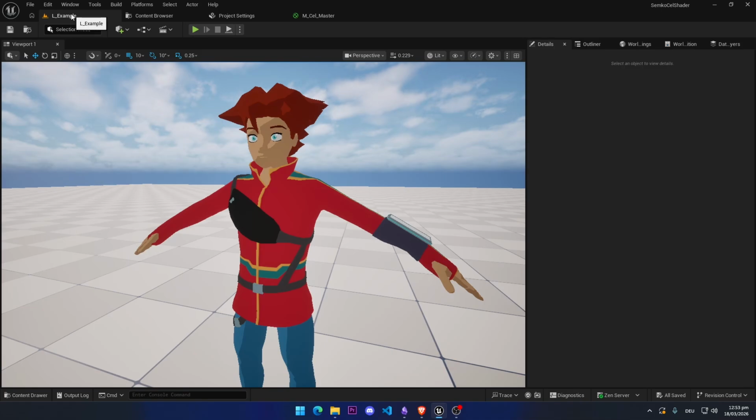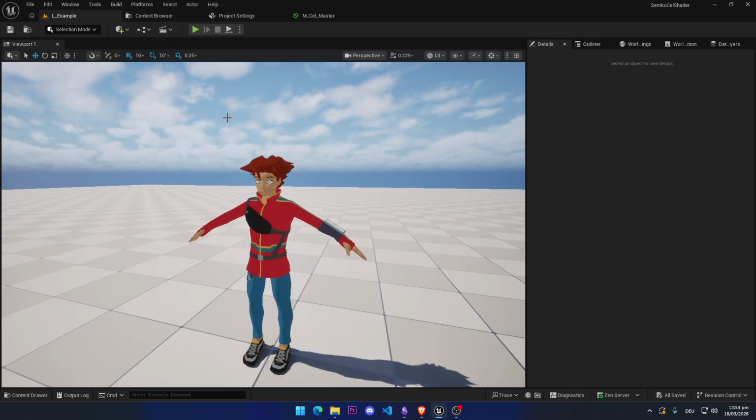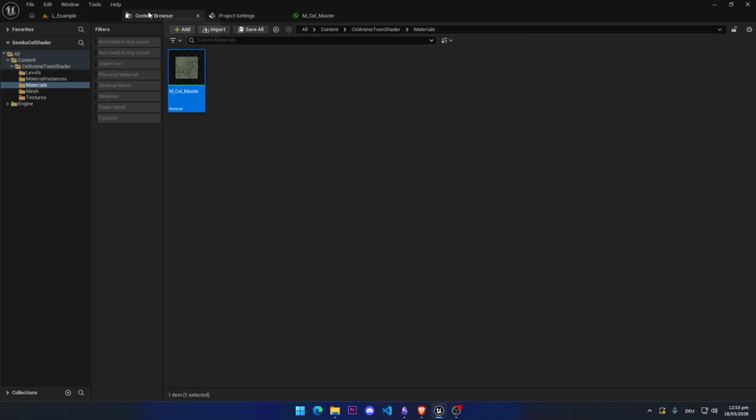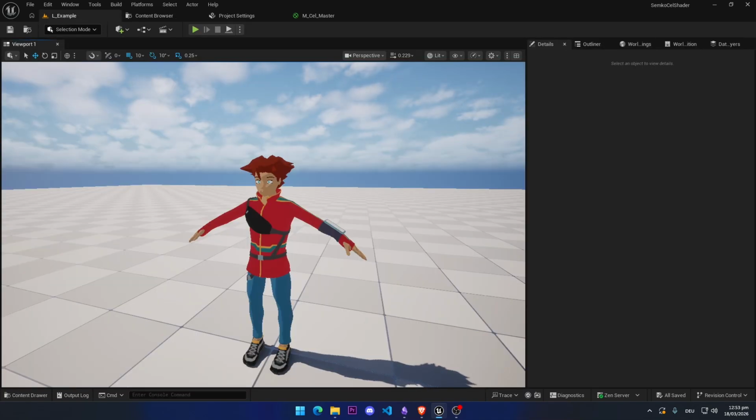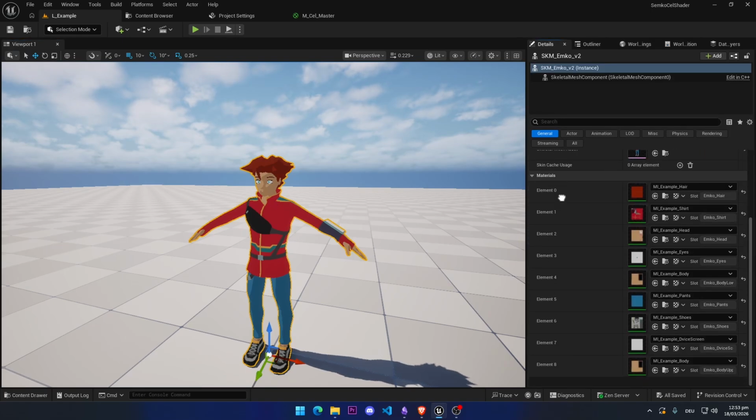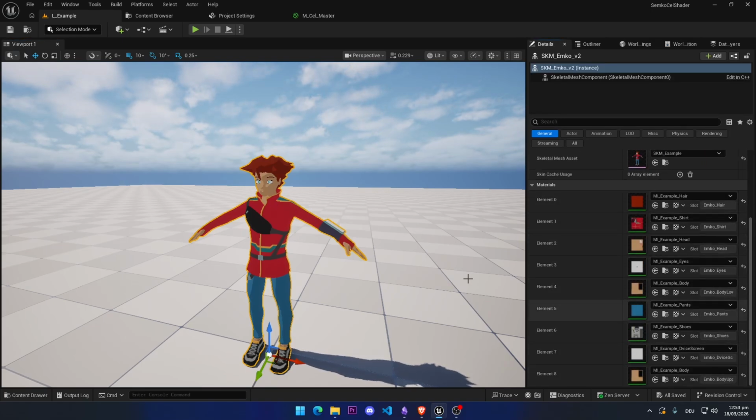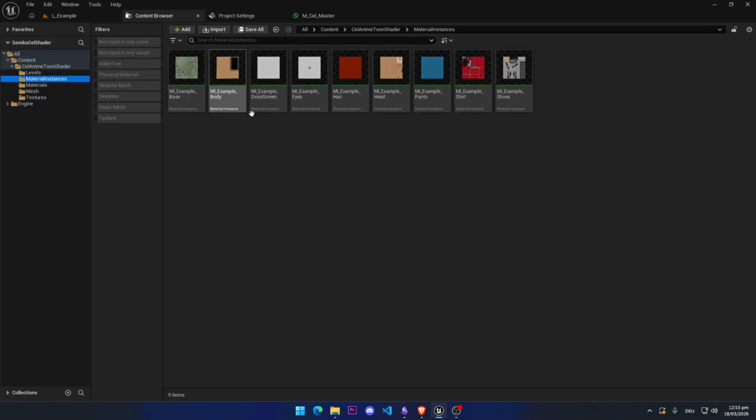So how is this being applied? If you get it from the Fab asset package, you will have this example with this character. And as you can see here, all the material instances, you don't have to have this many. But if we take a look, for example, to the head,